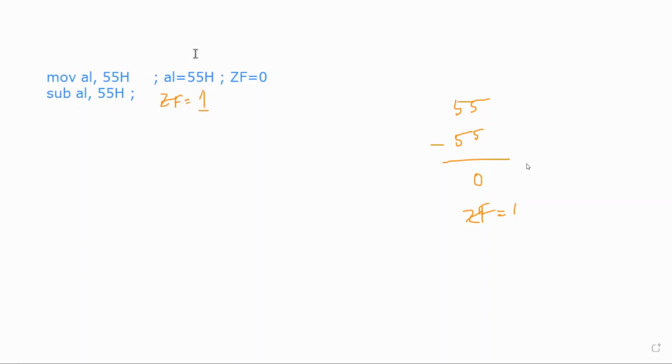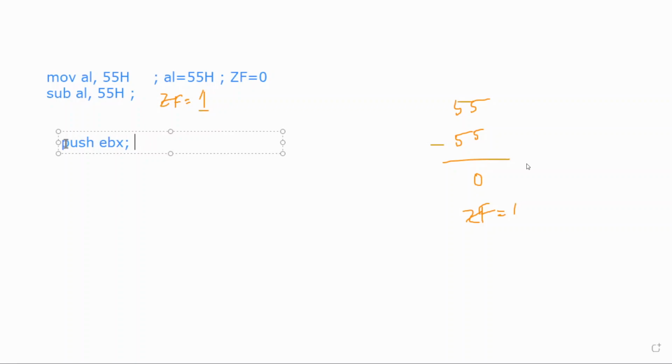Okay. Now the next operation is a push operation. And what is push? We are just going to insert a new element. So we are going to insert a new register, push EBX, and initially EBX equals 0. So after this operation, what will be the value of the zero flag register? The value of the zero flag register will remain unchanged.